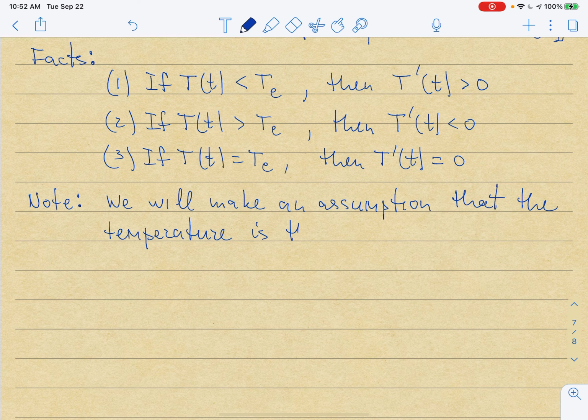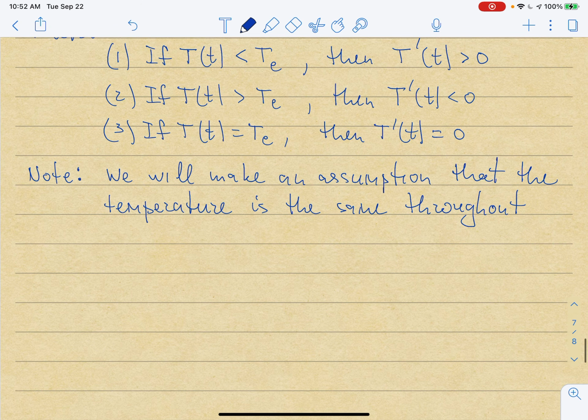Okay, so knowing this, we need to come up with some sort of expression for T prime of t, which will satisfy the conditions from 1 to 3. All right, so